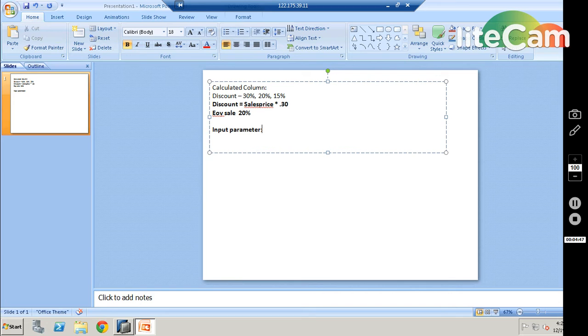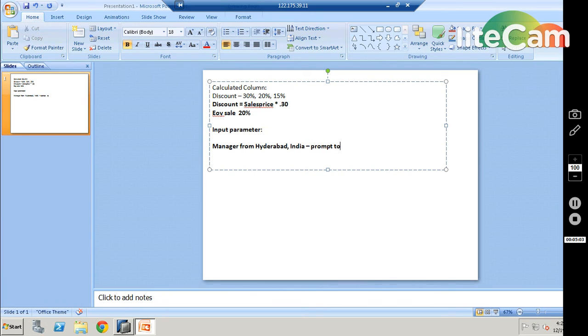For example, the end user manager from Hyderabad, India is generating it, and it will ask to enter the discount.